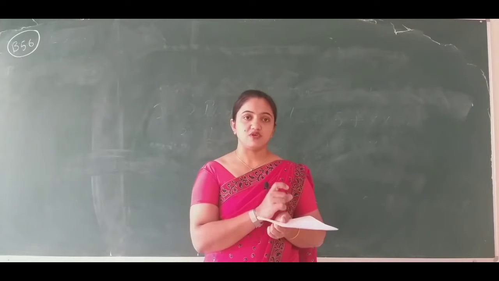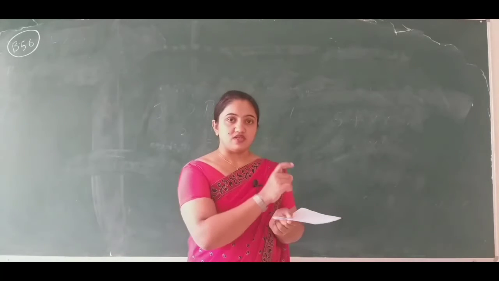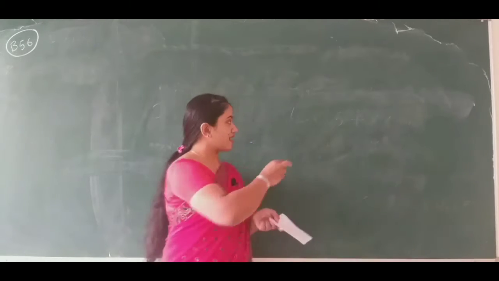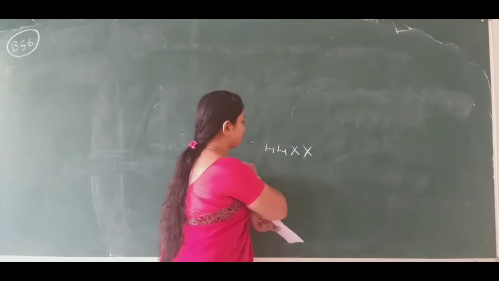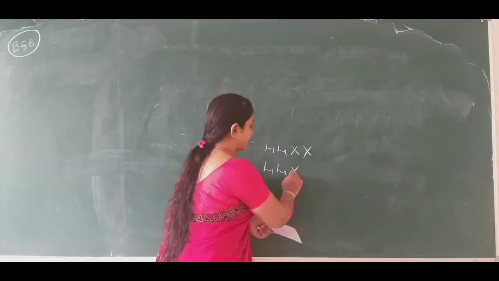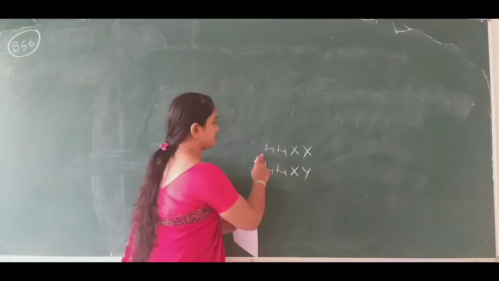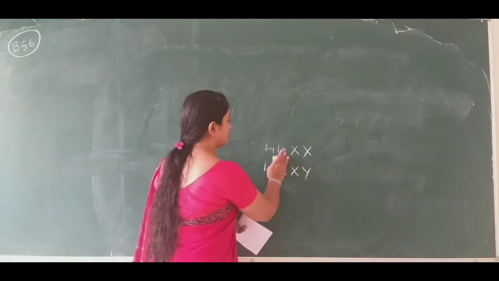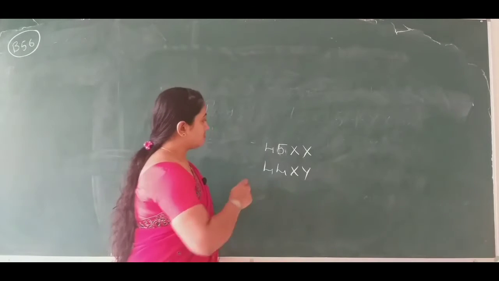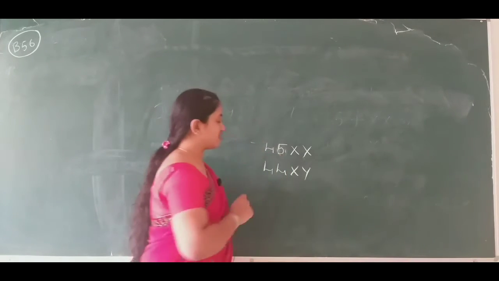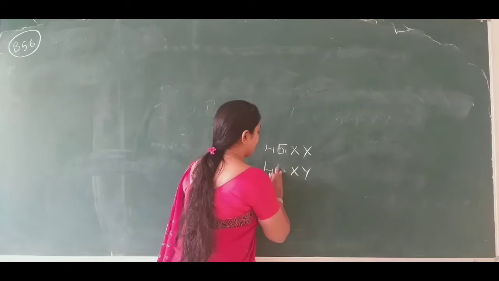We usually used to write like 44XX or 44XY. Right. Here, in this autosomes, one X chromosome is added, the result of that, it becomes 45, and